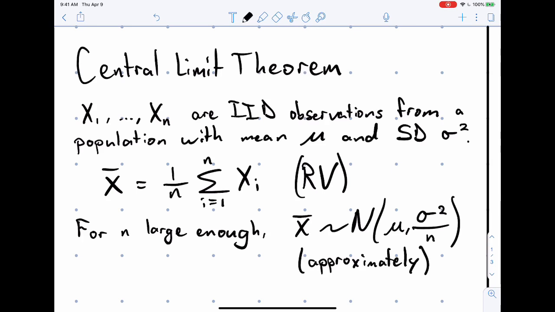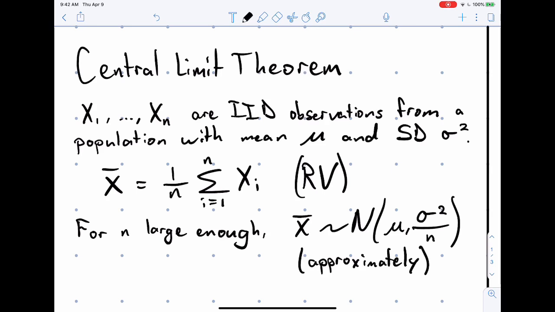Then the statement of the theorem says that once you get enough data, once n is large enough, you have enough observations, the sample mean, as a statistic, as a random variable, is distributed as normal with mean mu and variance sigma squared over n. So the sample mean approaches the true mean,